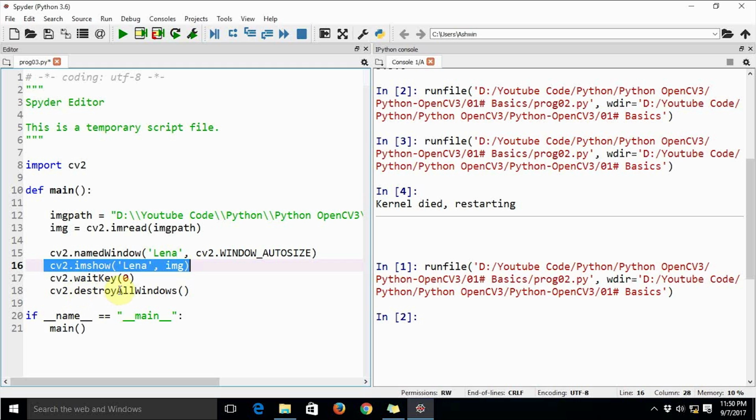You can destroy an individual window by calling the method destroyWindow, and then you have to pass the name of the window. So this program works exactly as the earlier program, but here we are creating a named window. So in case you want to particularly create a named window before the imshow method call, you can use this program.